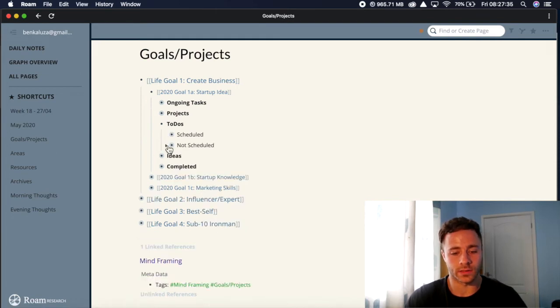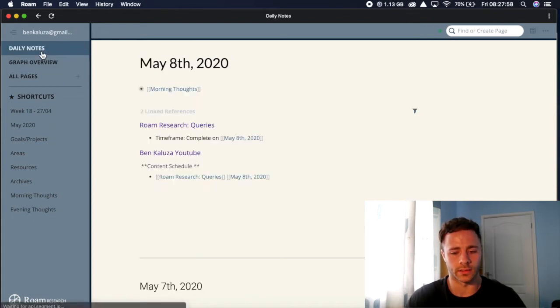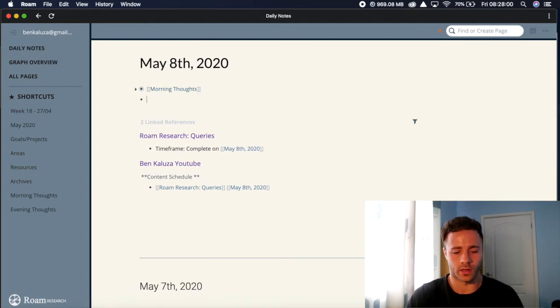whereas the not scheduled is kind of the more important tab for me, where this is looking at the things that I have maybe made into my daily notes that I haven't then scheduled into my weekly or monthly plan. So it's something for me to do that I haven't actually allocated a time for, and as you can see I've got two there, but I'll just show you a quick test of how I'm doing it. So we'll go, this is a test for video, and then